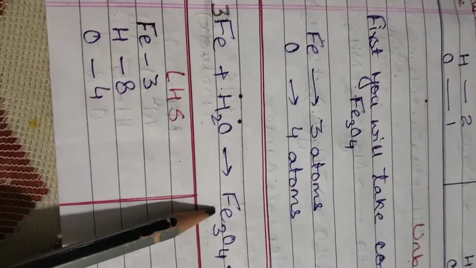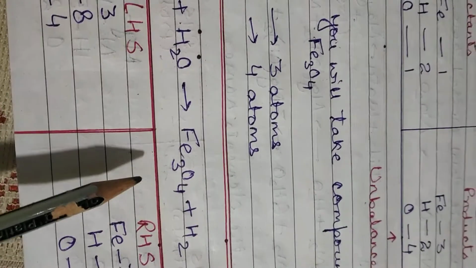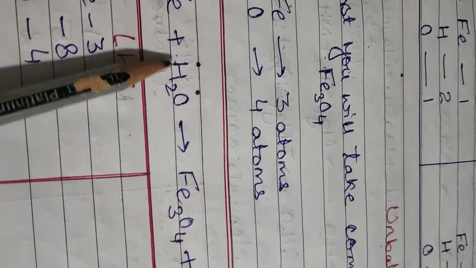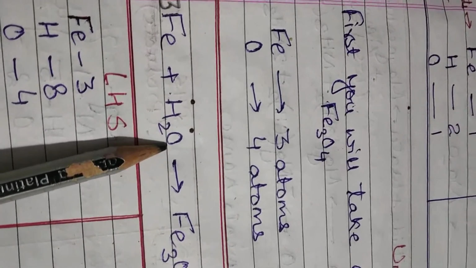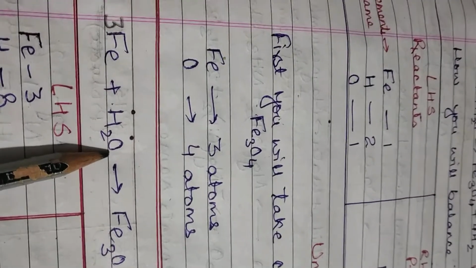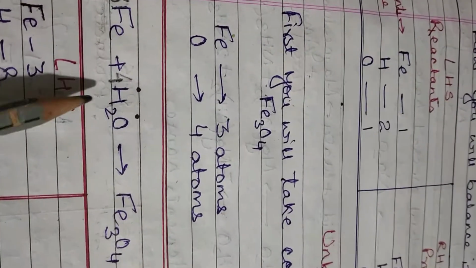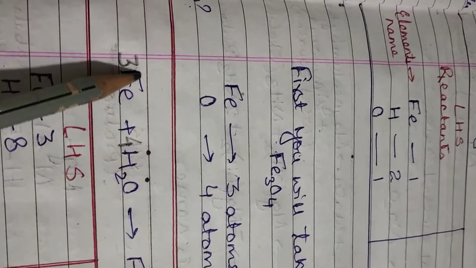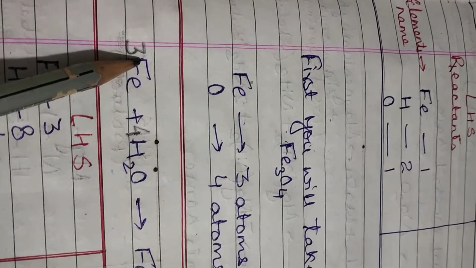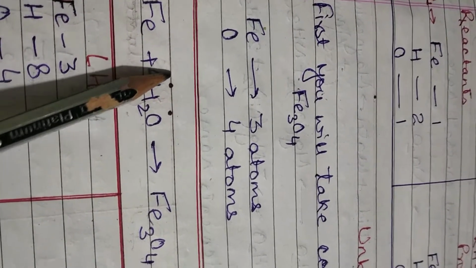Now take the other one, oxygen. Oxygen is 4 here, but oxygen is only 1 here. Then what will you do? You will write 4 here. 4 is a coefficient, and 3 is a coefficient. Now students, you will see, if you write the 4 here...